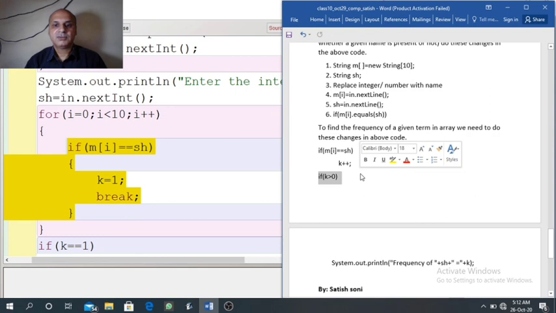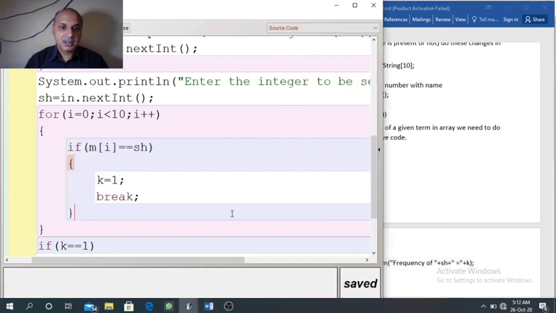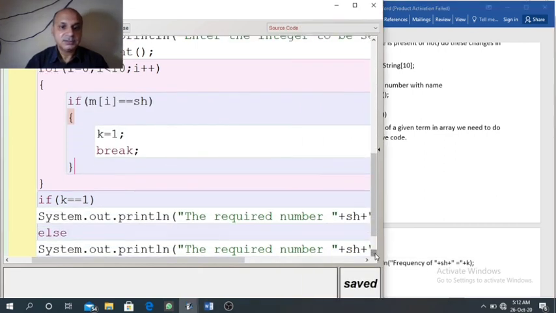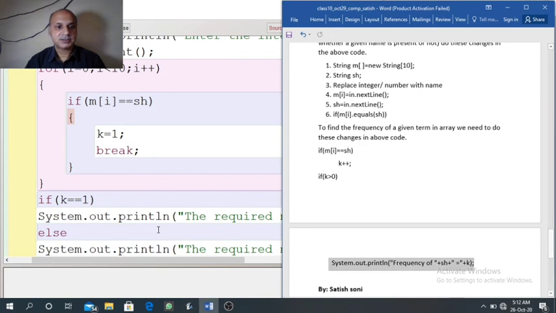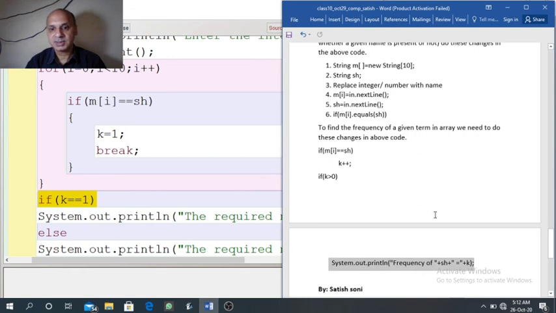Now, one more change, if k greater than 0, then the statement will change to frequency of sh equal to k. And in the previous program, that was our message, if k equal to 1, so k equal to 1 will be replaced with if k is greater than 0, and accordingly this message will change.